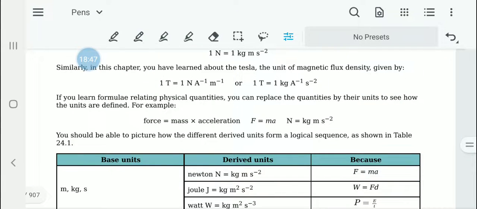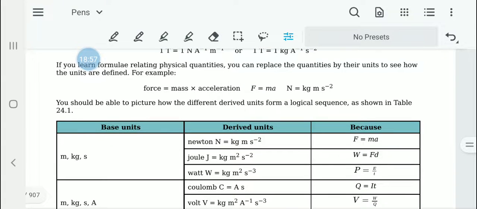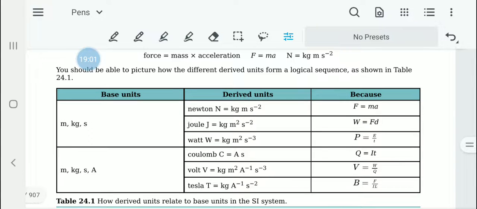From that we can figure out acceleration is meters per second squared, mass is kilograms, so Newton can be defined as kilogram meters per second squared. So now these base units and derived units we can figure out using the interrelationships between them. That is, if you know the equation, you will be able to use the base units and arrive at its